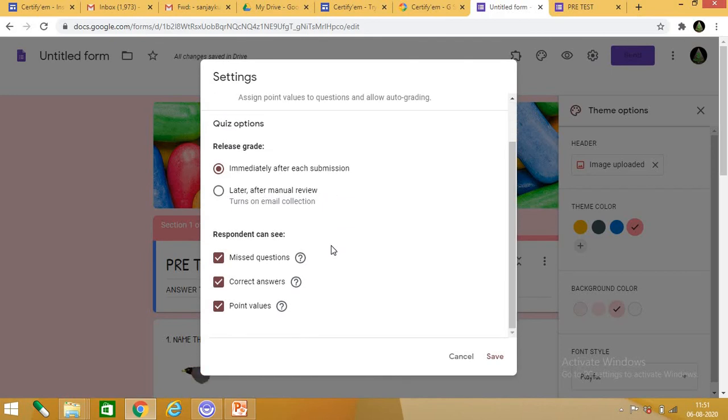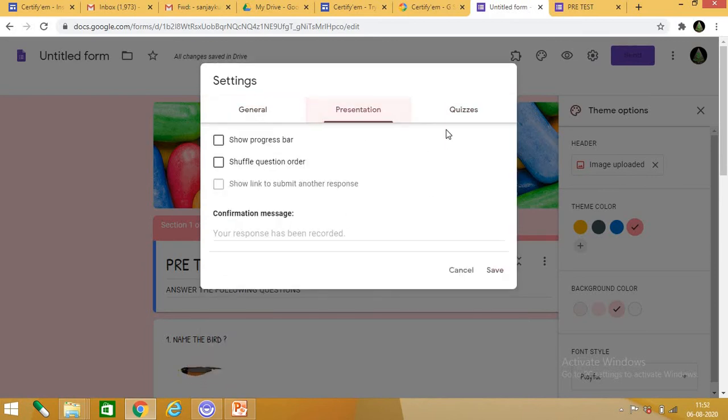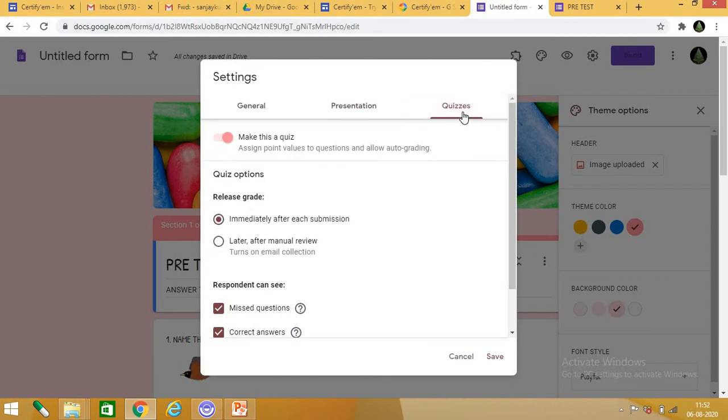Next, respondents can see missed questions, correct answers. You always tick on this so that they will know how many questions were wrong, what the correct answer was, and what the point values were. So you can always tick mark it. Remember to save this setting. General setting, presentation, quizzes: you have to always save it.